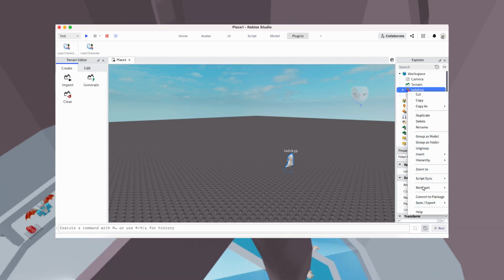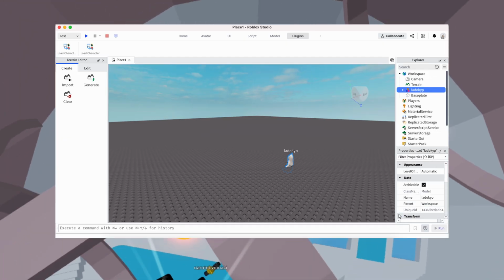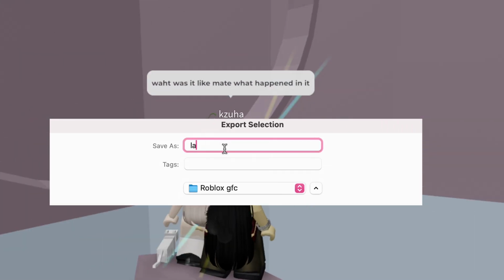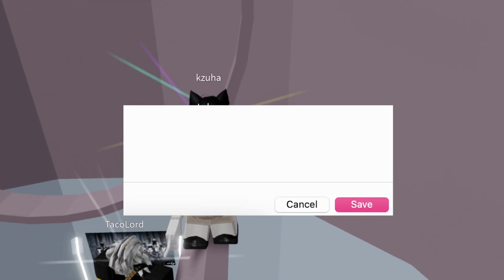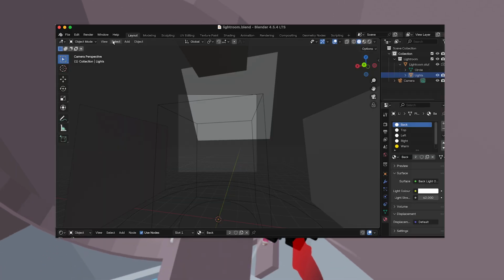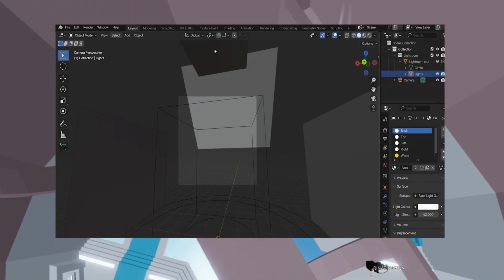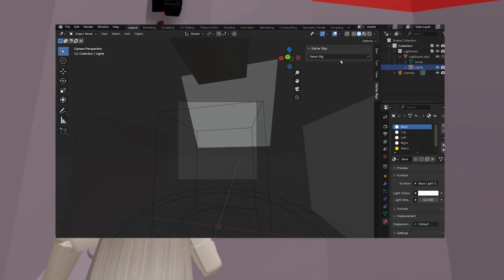And next you're gonna export into your files as OBJ and just save it anywhere you'll remember it is. Anyways, once you have finished exporting your avatar, you should open up Lightroom on Blender, and all the links for